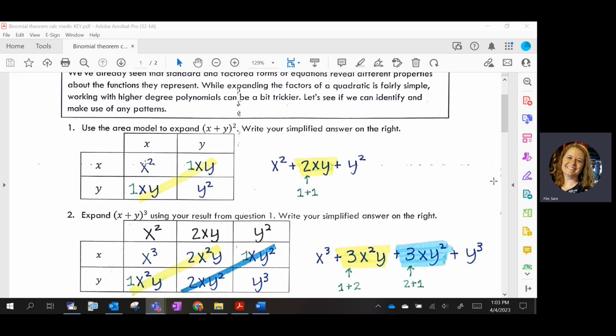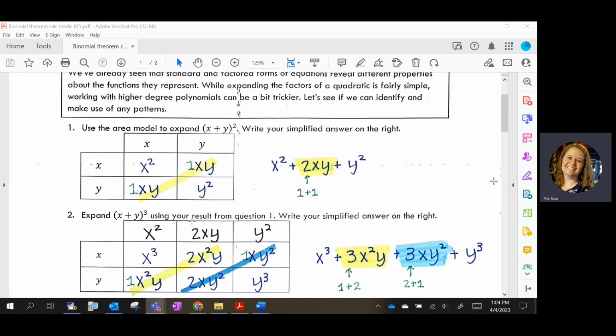And so we end up with x squared, and then we have xy twice, so that's 2xy, and then y squared. Okay, so we end up with this trinomial here as our simplified answer. Okay, then they say, okay, what about (x + y) cubed? Okay, and hopefully you tried this. If you're watching this on a video, I want you to try 1 through 3